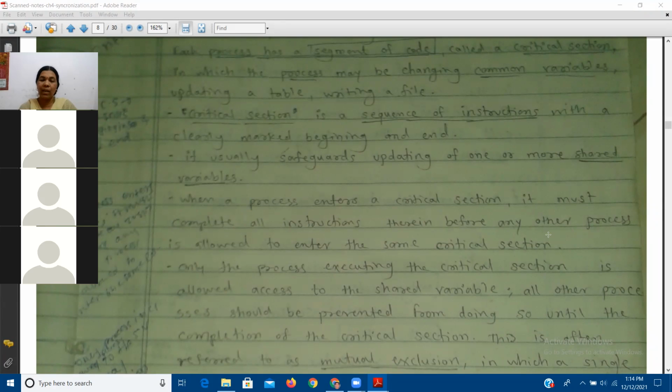And once C1 comes outside the critical section, the resource will be released, so other processes need to decide. Again, the operating system will decide who will enter the critical section with respect to the part of scheduling, which we discussed in the third chapter.